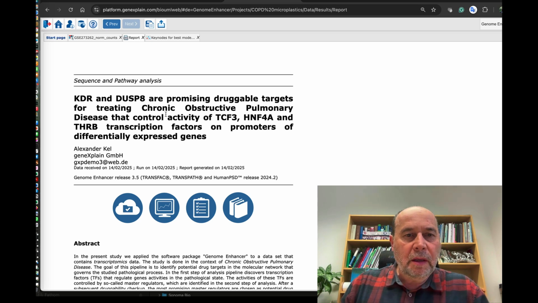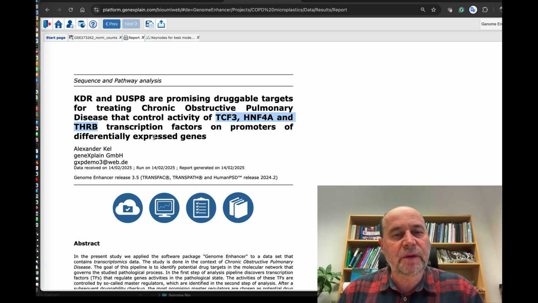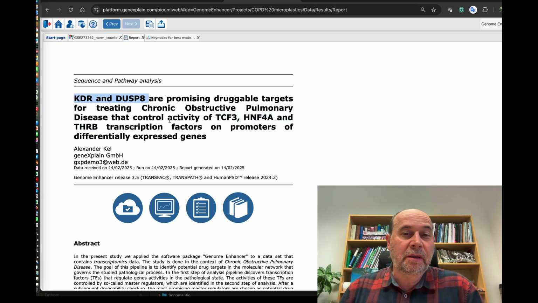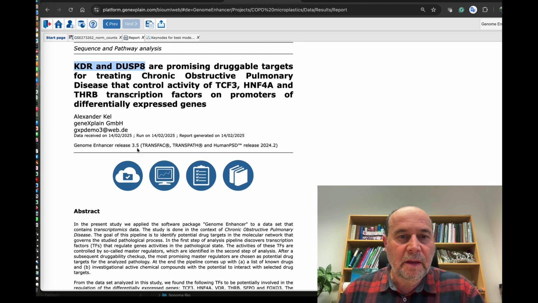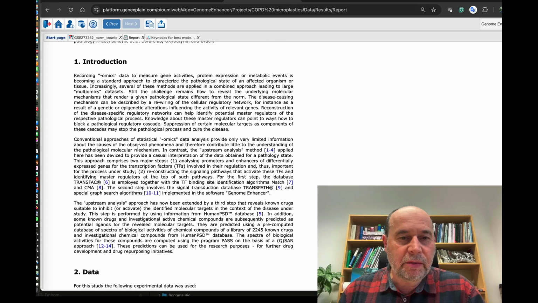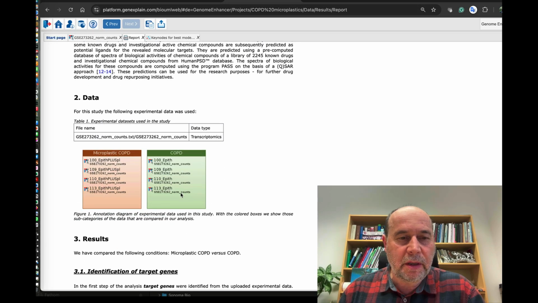The program analyzes the transcriptomics data and detects these transcription factors which are potentially involved in regulation of the expression of the genes upon treatment by microplastic. And when it analyzes master regulators, it detects these 2 master regulators as promising druggable targets in this context. So one can read this report, and you can see the initial data.